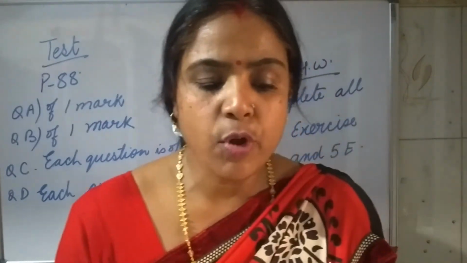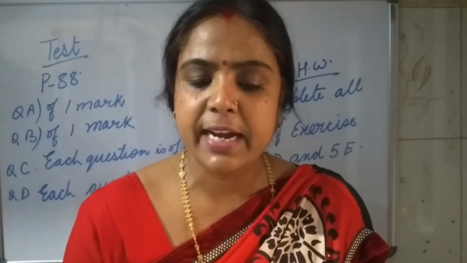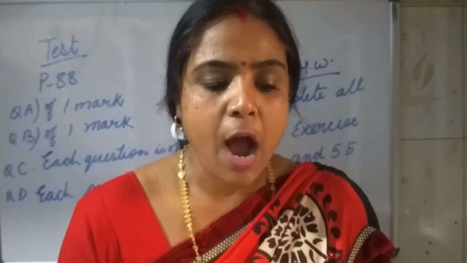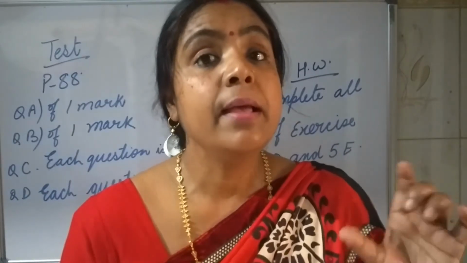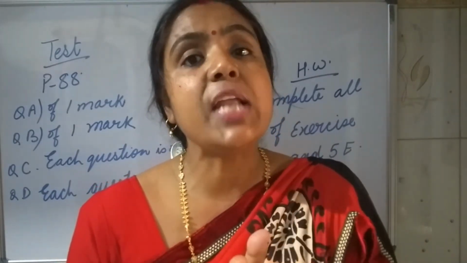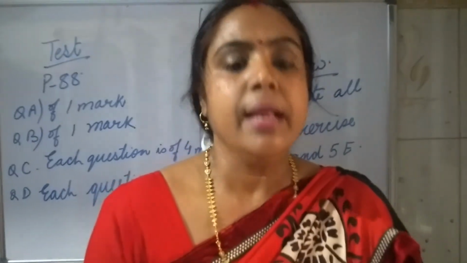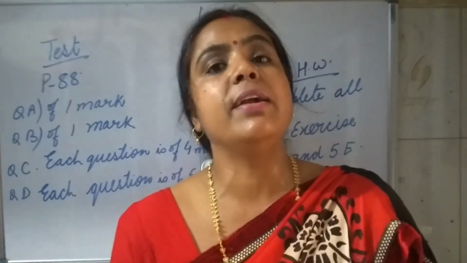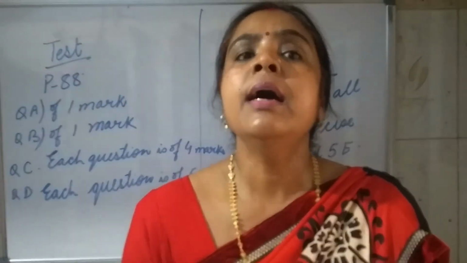Savita bought 7 whole 1/2 meters of cloth. She used 2 whole 1/5 meters out of it to make a dress. How many meters of cloth is left with her? Left with her means, left means we have to subtract. So how to subtract a smaller number from the bigger number? It is a mixed fraction. So first you convert into improper fractions, then you take out the LCM, and then you take out the difference.